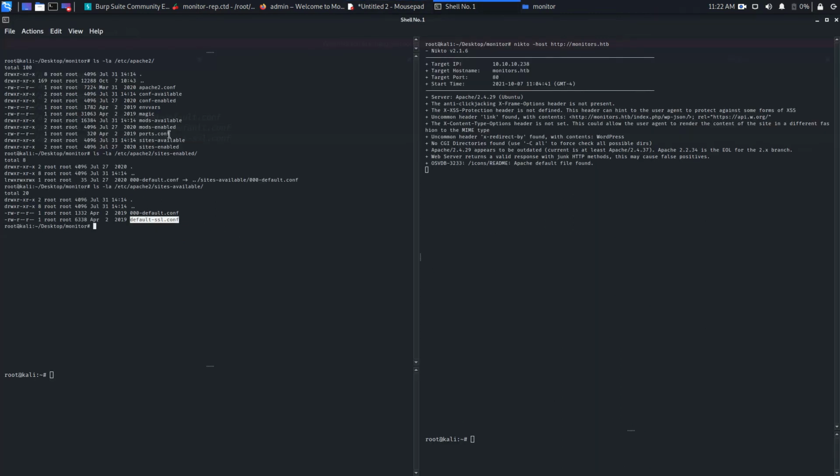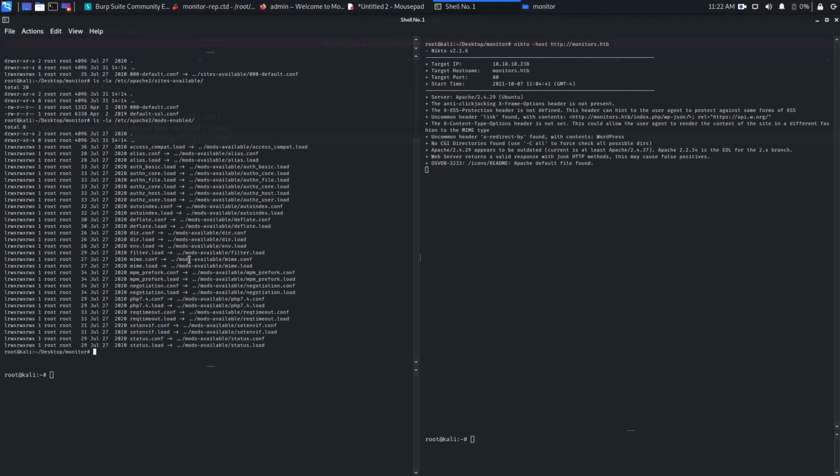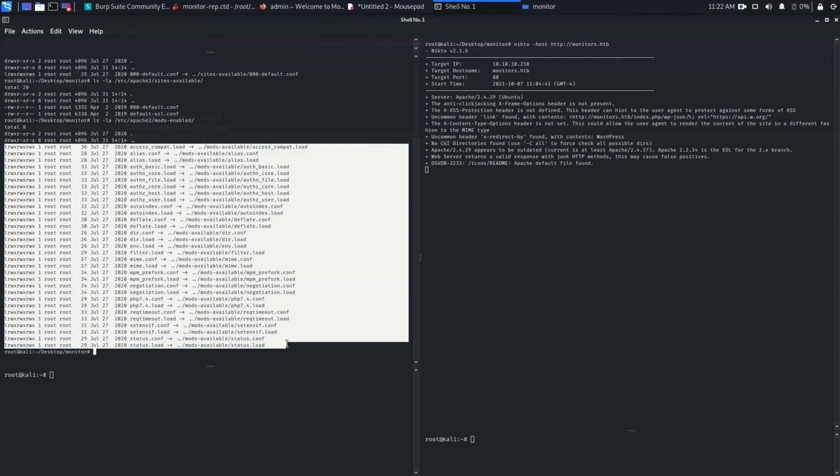Next is mods-enabled, and there are a lot of files: auth_basic, authenticate, and all these link files, status.conf. These are not